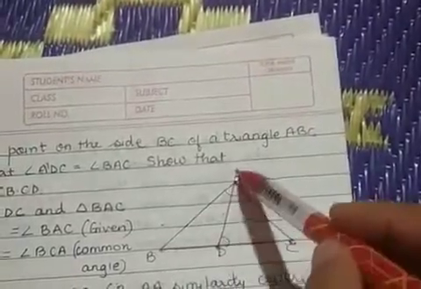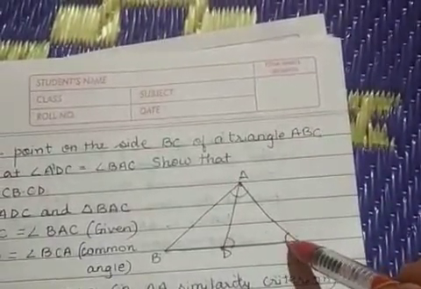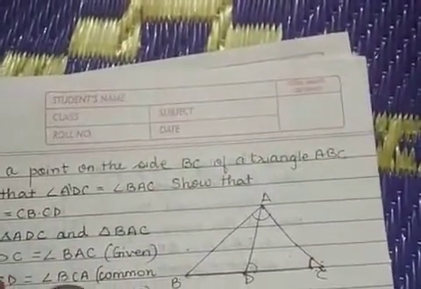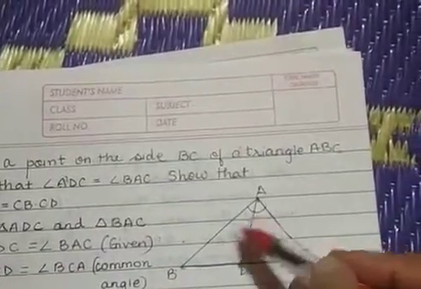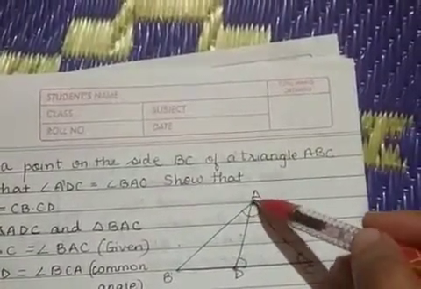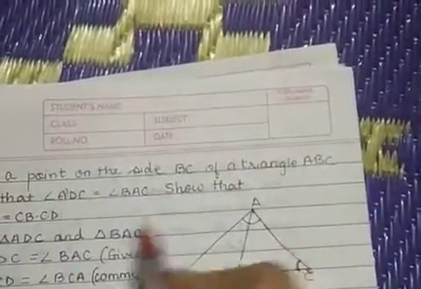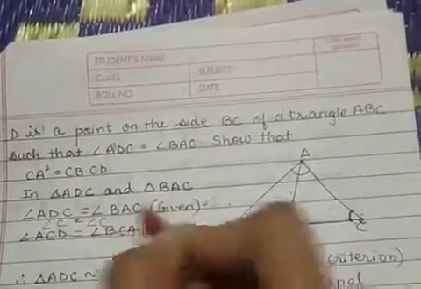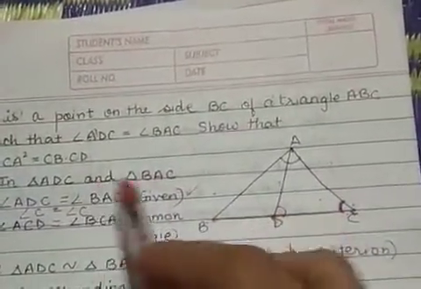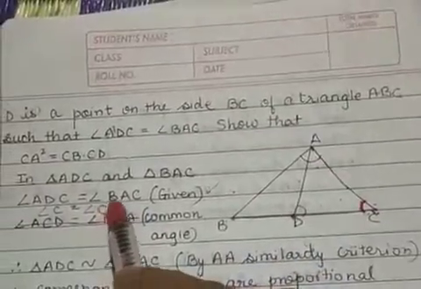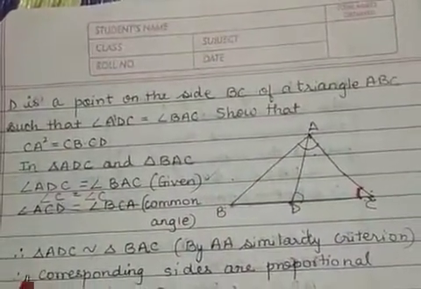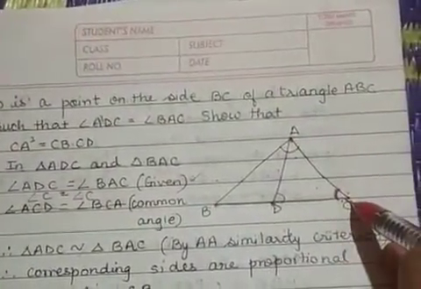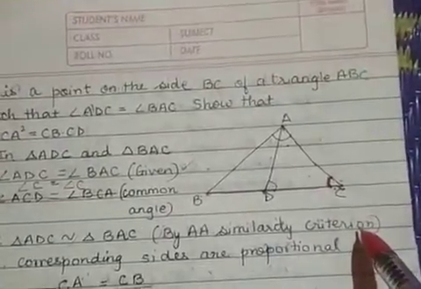ADC and BAC. So C is a common angle, right? So this angle C will be equal to angle C. I can also write that directly. Okay, first is ADC. Angle ADC is equal to angle BAC. This is already given to us. And this I can directly write, angle C is equal to angle C, because it is a common angle in both the triangles. So we have got two angles equal in the two triangles. So I can say that triangle ADC and triangle BAC are similar by AA similarity criterion.